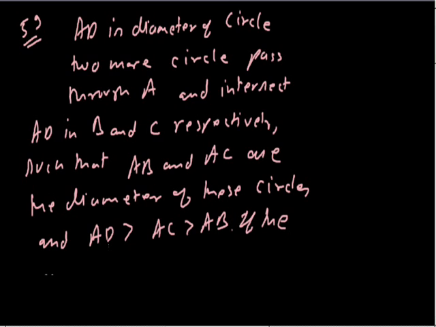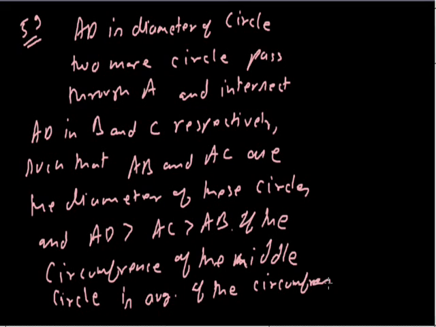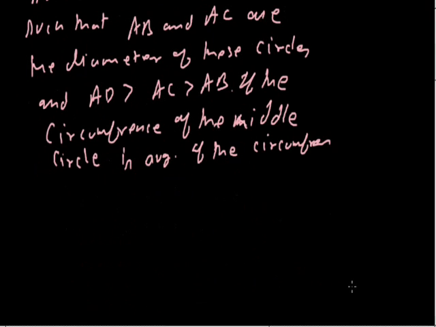If the circumference of the middle circle is the average of the circumferences of the other two, then given